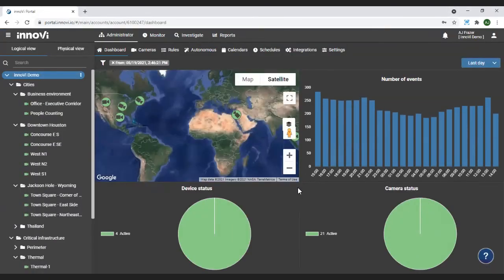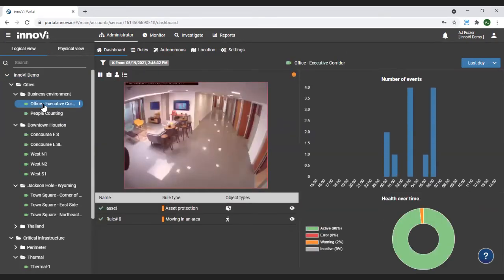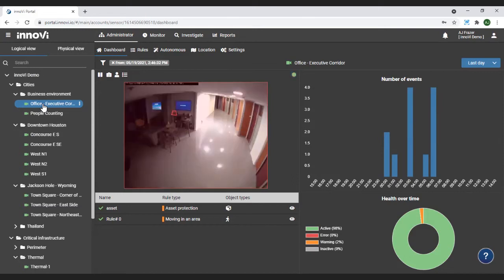And my account is actually, we can see right now, I have cameras available to me all over the world. So for example, if I want to spy on my office, my boss, I can go to executive corridor right there in Rosh Hashanah, Israel, and I can see what's up. Well, I can see it's pretty late in the day there now. It's already almost 10 p.m. at night, so the lights are out. As you'd expect, everybody's gone home for the day. But let's look for something more interesting.